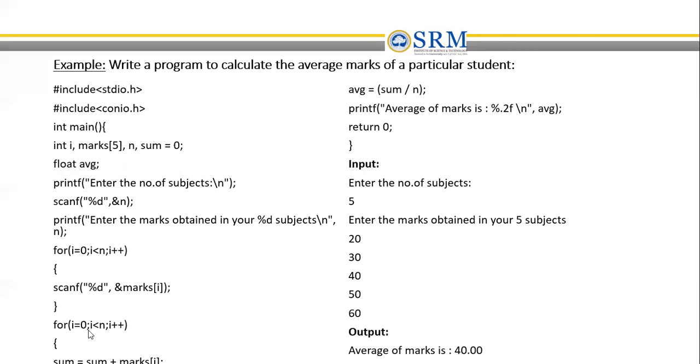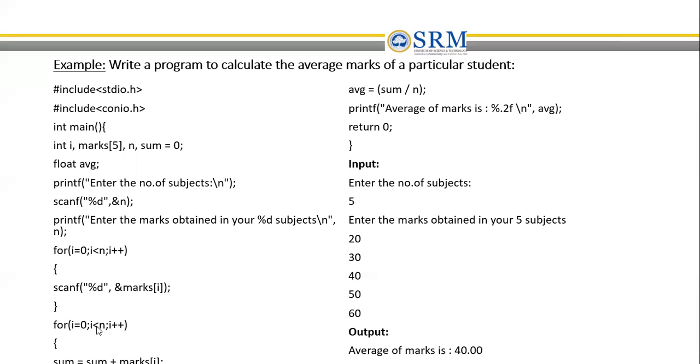Now you are going to sum it up. For the summation, we have already given sum as 0. Using a for loop, I is equal to 0, first sum is equal to the initial sum 0 plus mark of 0. What is your first mark? 20. So 0 plus 20 is added, and the new sum holds the value 20. Now again it will go for the next one, the condition is checked and it will increment.